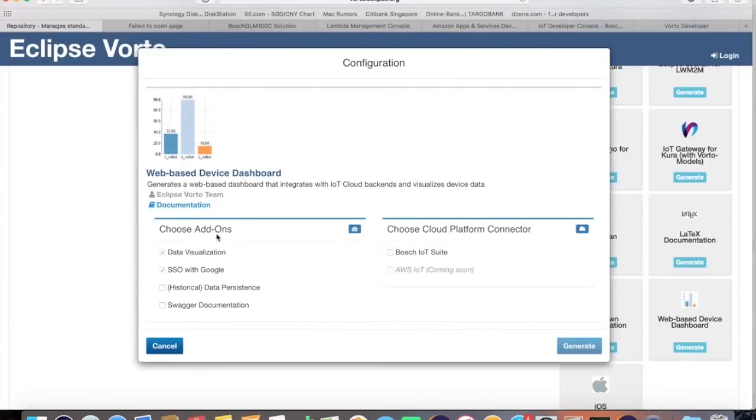So here you can choose certain add-ons you would like to generate. By default, it generates always the data visualization as well as single sign-on with Google. But you can also now choose, I would like to have persistence of the data as well as the Swagger documentation. And the cloud platform connector to get where to get the data from. If you leave that blank, it will create a dummy implementation which you have to implement in order to retrieve the data from your custom backend. But here I would like to choose the Bosch IoT Suite to fetch it from there. You can click Generate,